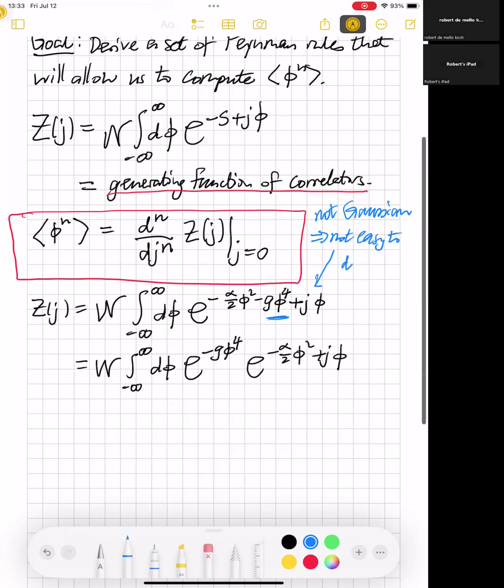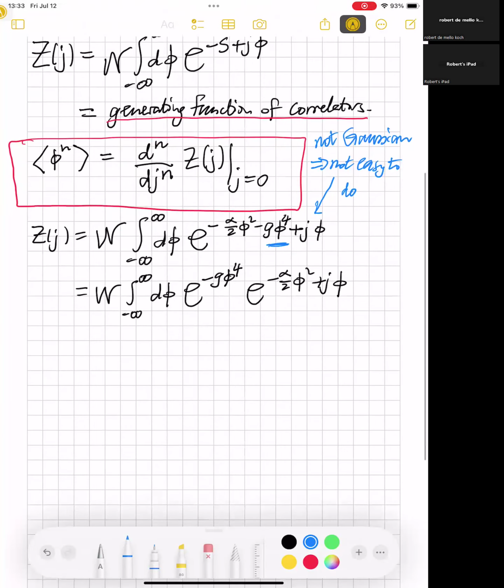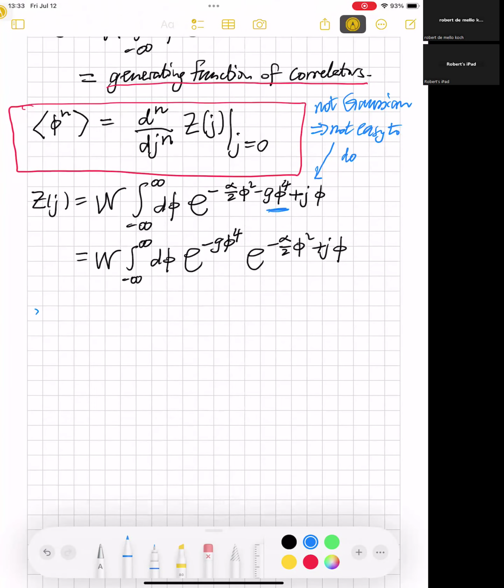Now, it turns out that with a phi to the 4 sitting there, you can actually still do the integral exactly if you're smart enough. It's really not that easy. So we're instead not going to do the integral exactly, but we're going to do what we usually do in quantum field theory. So we are going to assume